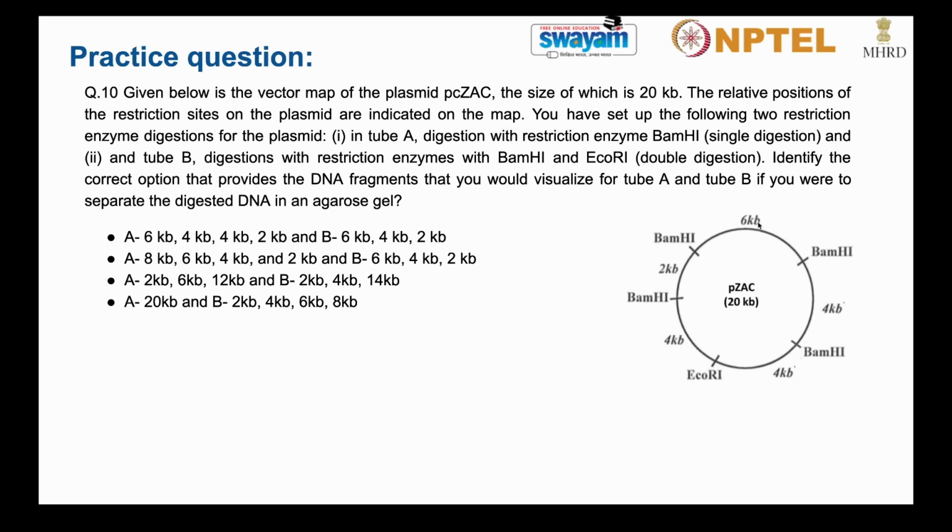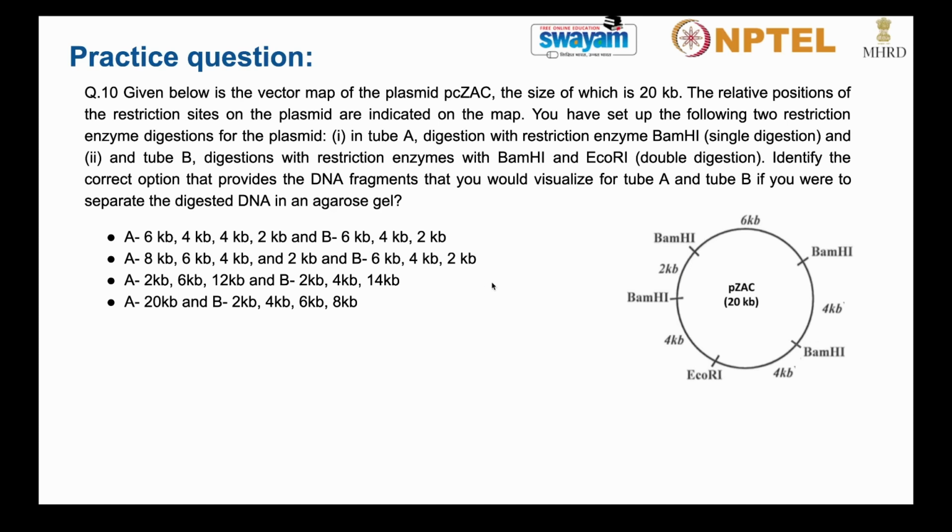So there will be 4 fragments, as there are 4 cleavage sites, and each fragment will be of a different length. One fragment will be of length 2 kb, another of 6 kb, the third one will be of 4 kb, and the fourth one will be of 8 kb. Whenever you separate them in the agarose gel, they will be separated on the basis of their length. So how many fragments will you observe or visualize? There will be 4 fragments, or 4 bands, you can see in the agarose gel during the